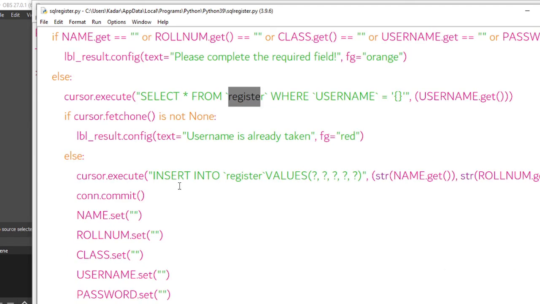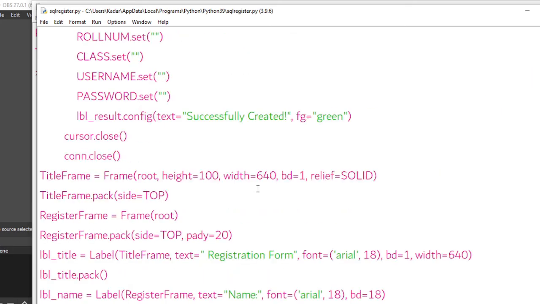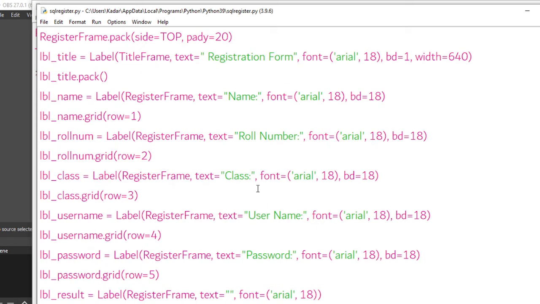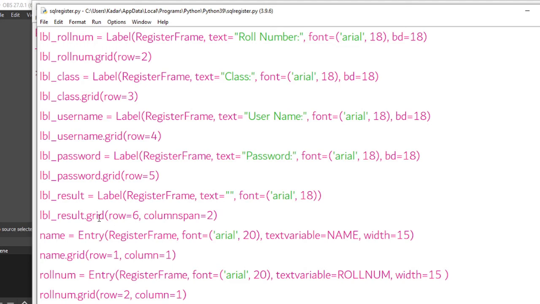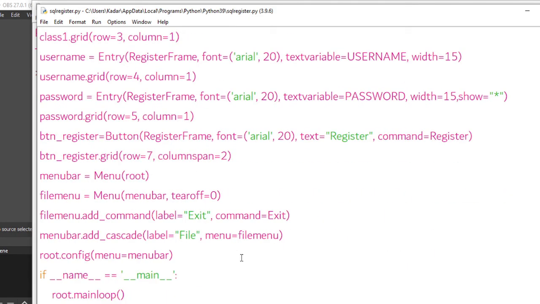Otherwise insert the values into register. Then we are placing the text box values also.